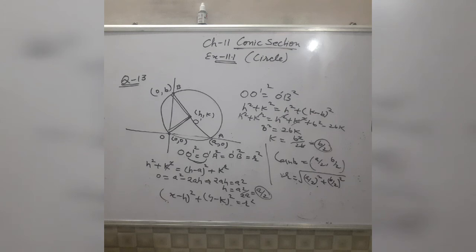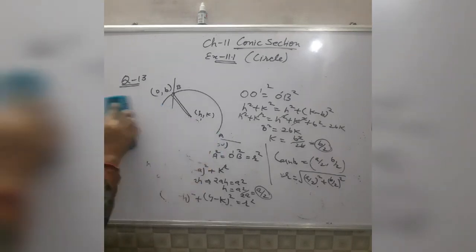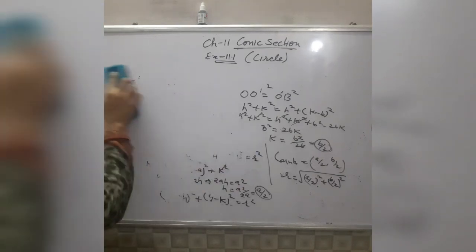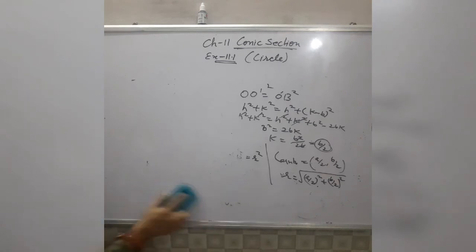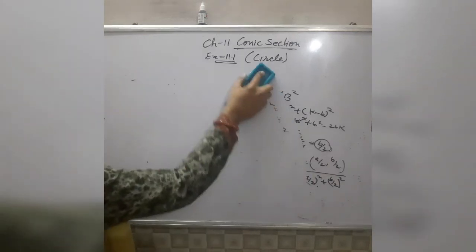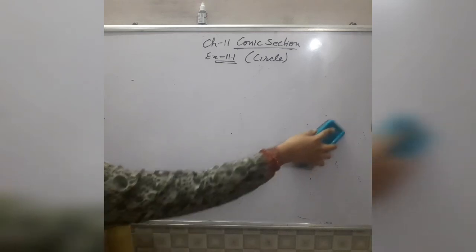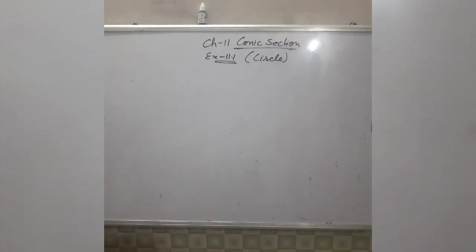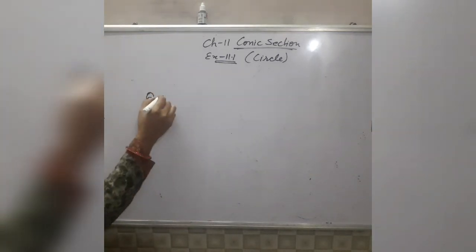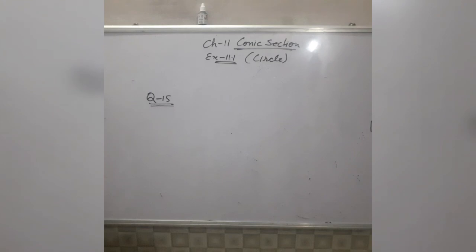Now in question number 14, find the equation of a circle with the given center that passes through the point. Question number 14, very simple. 2 points, center and 1 point of the circle are given to you. The distance between these 2 points gives you the radius, and the center is also given to you. So very easily you can find out this sum. And the last sum of this video, I am just explaining to you, you will try to solve it yourself.